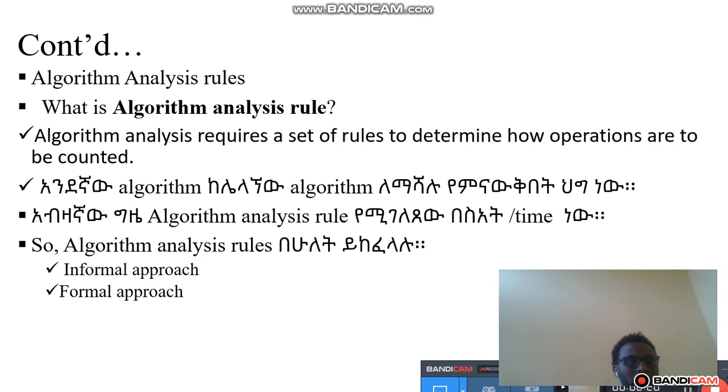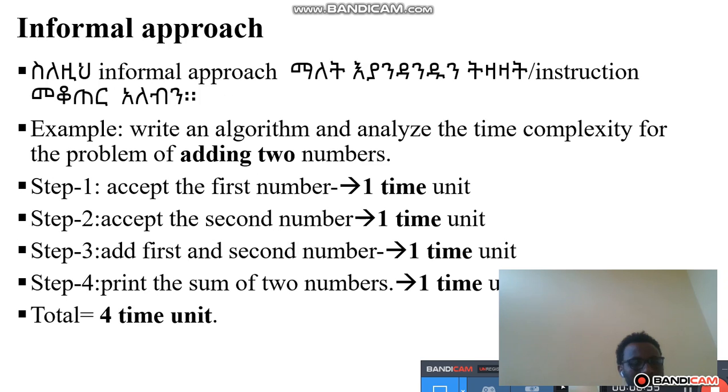algorithm analysis rules what are the rules ስለዚህ አንድ algorithm analysis rule ለመስራት will be classified into two አብዛኛው ጊዜ algorithm analysis የሚገለጸው በሰዓት ነው ስለዚህ algorithm analysis በሁለት ይከፈላል informal approach እና formal approach ማለት ነው ስለዚህ informal approach ማለት እያንዳንዱ ትዕዛዝ ወይም ደግሞ ኢንስትራክሽን መቁጠር ማለት ነው የጻፍነውን አልጎሪዝም እያንዳንዱን ኢንስትራክሽን ወይም ደግሞ ትዕዛዛት የምንለውን መቁጠር ማለት ነው